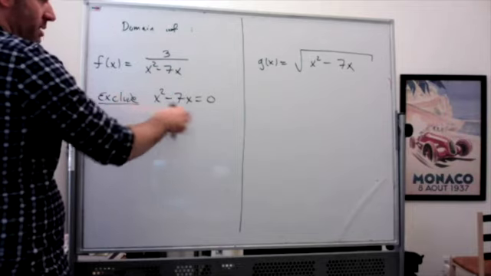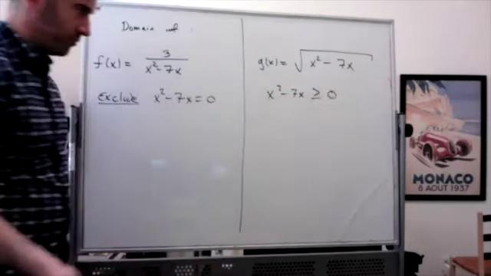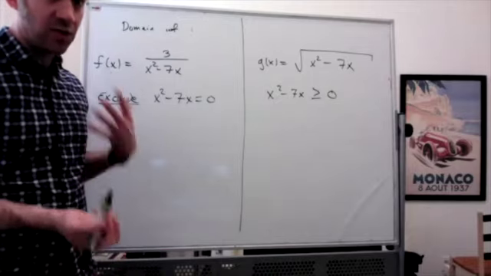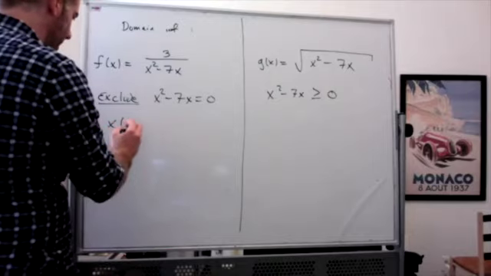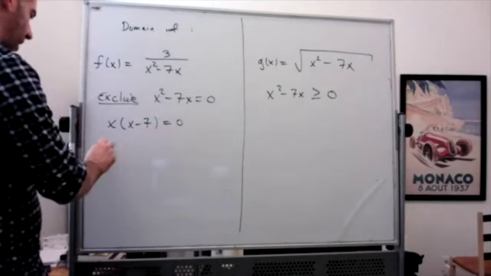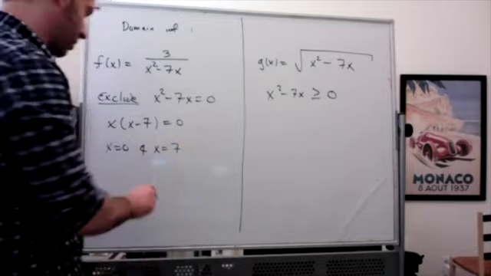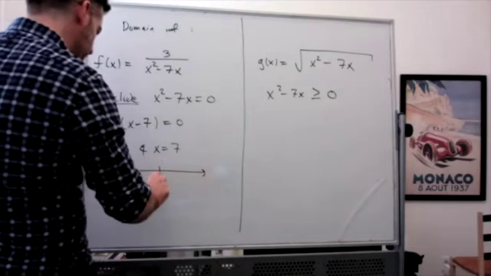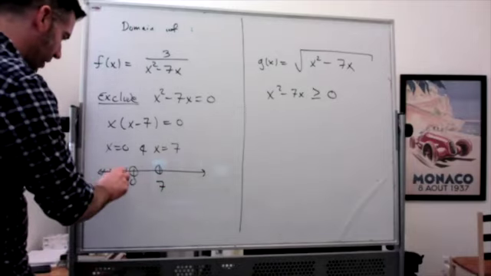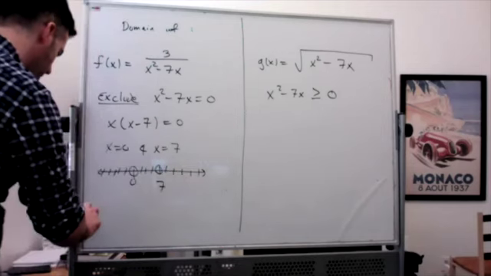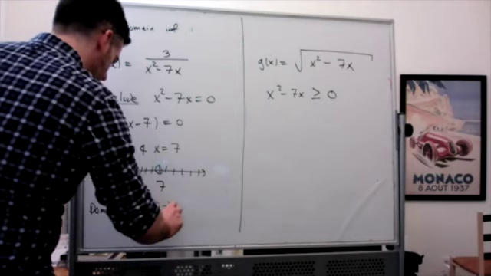So here we're excluding this. On the other hand, here we want the insides to be greater than or equal to 0. Both of these problems really require us to figure out where it's equal to 0. So in either case, I'm going to factor. I get x times x minus 7 equal to 0. So I get x equal to 0 and x equal to 7. And in this problem, those are the only points I want to exclude. So if I've got 0 and 7, I don't want those, but I literally want every other number. So here my domain ends up being everything from negative infinity to 0, union 0 to 7, union 7 to